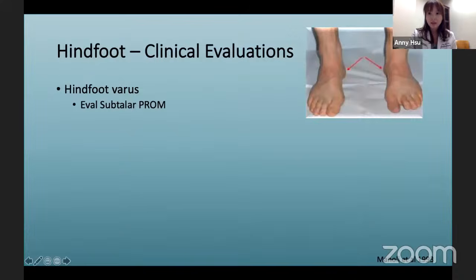So you can see here the clinical exam, what was termed by Manoli back in 1993 as the peekaboo heel sign, where if you look at the patient from the front, you can see the heels peeking out medially. And if you go behind the patient to look at the hindfoot alignment, sometimes you have to be aware that their alignment can appear to be neutral, but their subtalar joint is actually everted to give that neutral appearance.